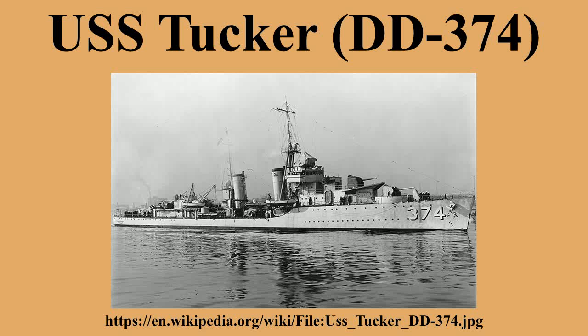Leonard Thorner. The ship was commissioned on the 23rd of July 1936, with Lieutenant Commander George T. Hood in command. Following her shakedown cruise in the western Atlantic, Tucker joined the destroyer forces attached to the United States Battle Fleet based in San Diego, California. As part of Destroyer Squadron 3, Destroyer Division 6, she operated with the battle force along the west coast and